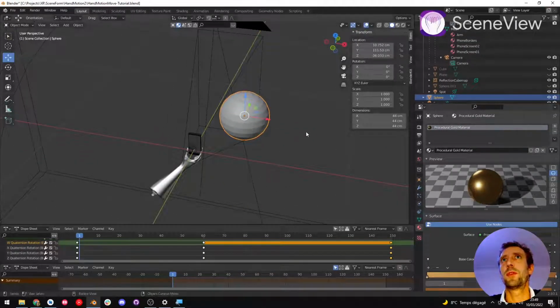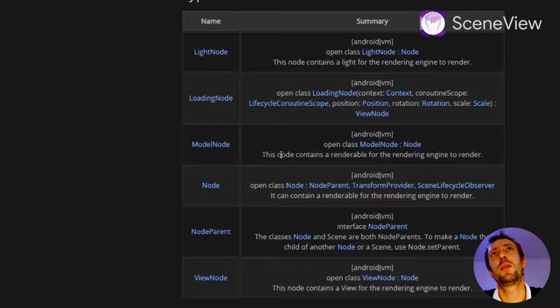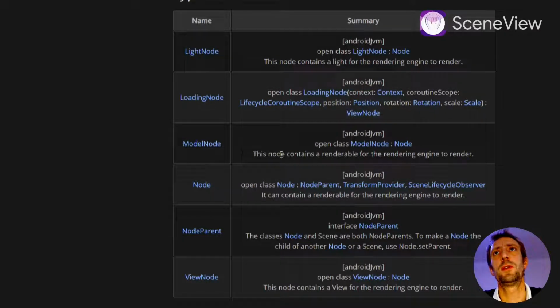Okay, that's just a little parent. You can see that node in the case of SceneView, because ARSceneView has a lot more nodes. But in your case, in 3D only, it can be light, so you can adjust